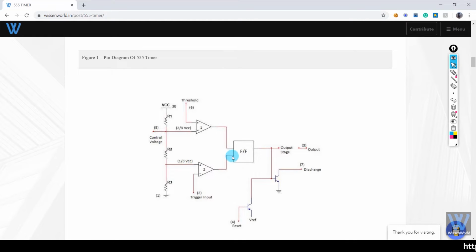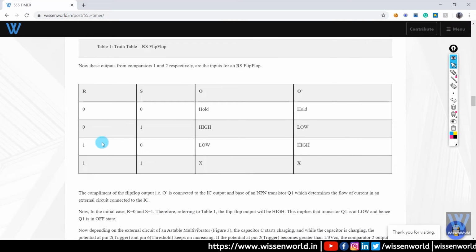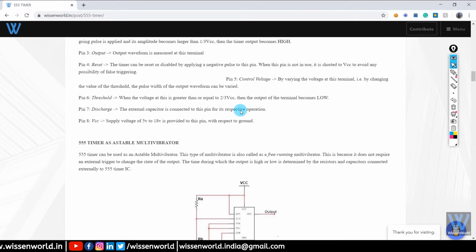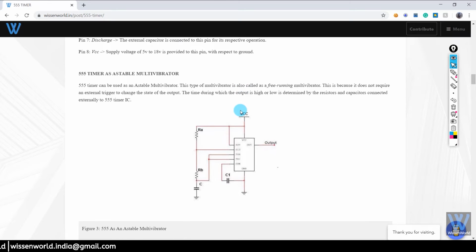So now what inputs we have for flip-flop? 0 and 0. Now let's come back to the truth table. Here you can see that when R and S are 0, 0, then the flip-flop is in hold state, which means the flip-flop retains its previous output. So capacitor is still charging.